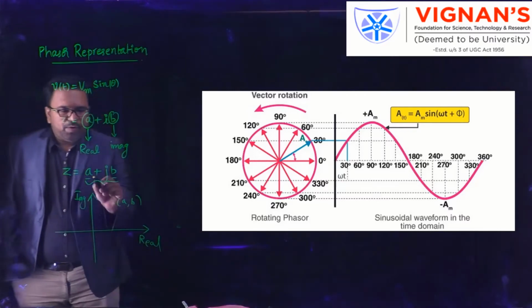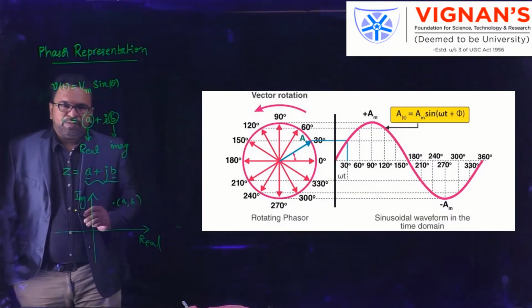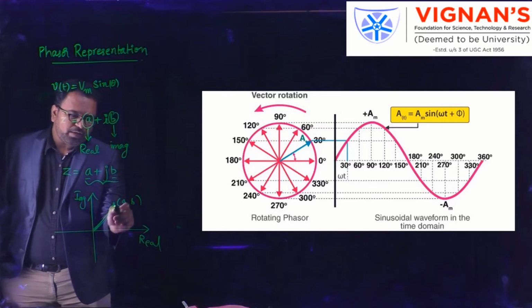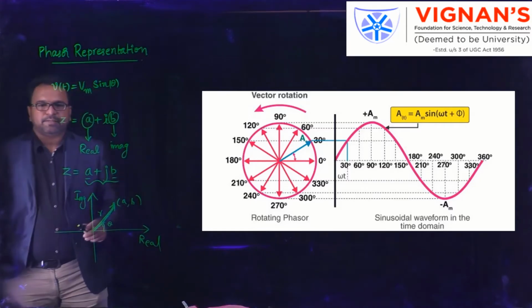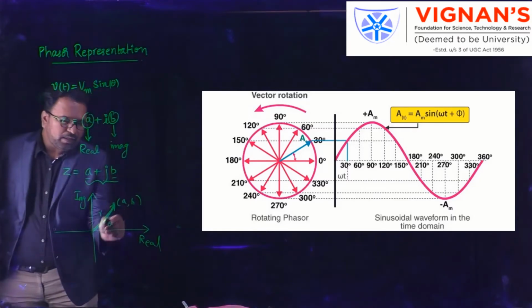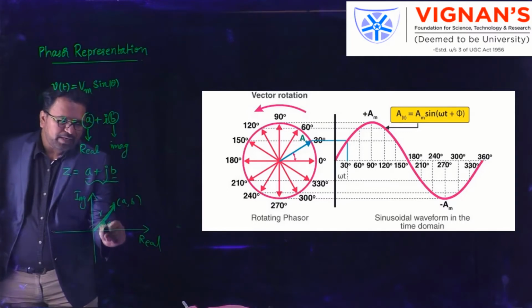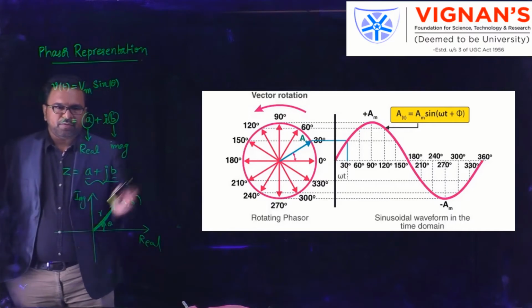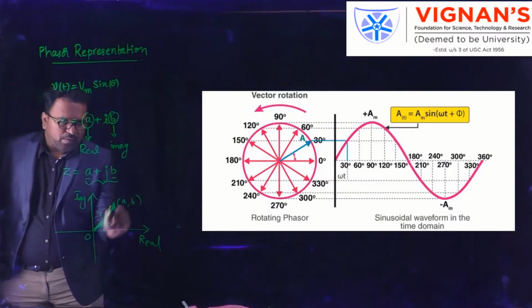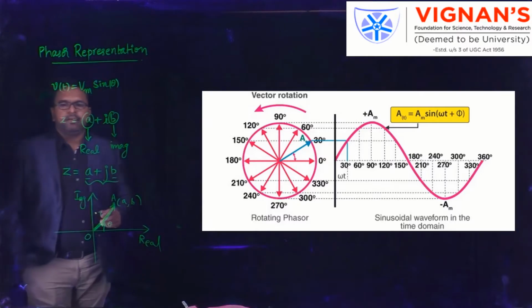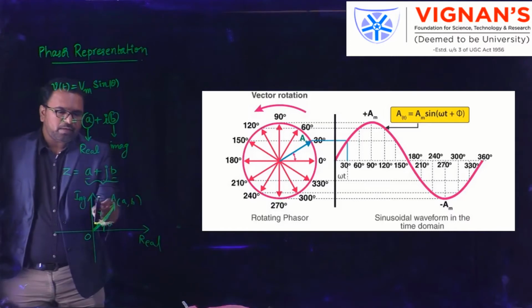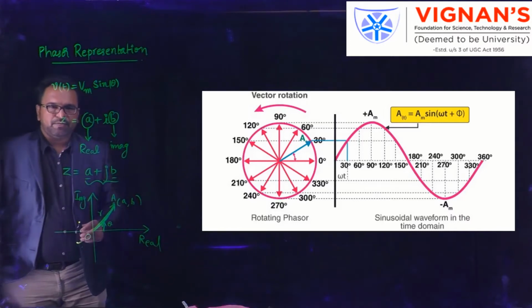Now, if I want to represent this A plus jB by means of a vector, how will you represent it? A vector can have a magnitude and a phase angle theta with respect to the real axis. I am going to assume that this vector has a magnitude of r and makes an angle theta. Why am I going to choose this vector? Because if you see the diagram, the vector OA is going to be used to represent the instantaneous value of the alternating quantity. So when you rotate the vector, the position of the vector always gives the instantaneous value.